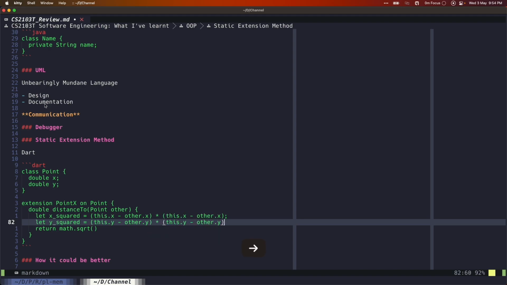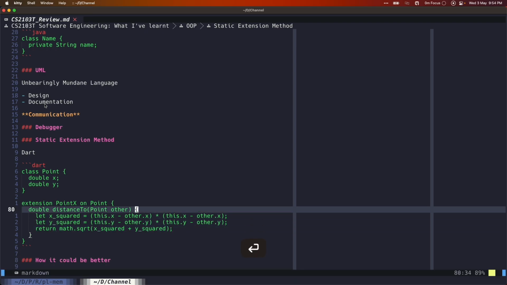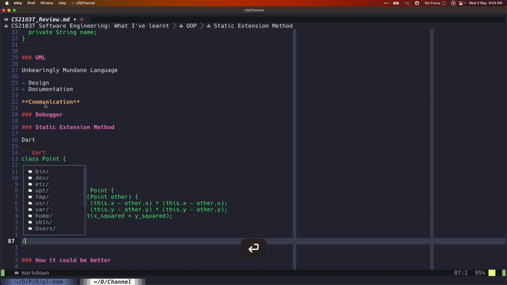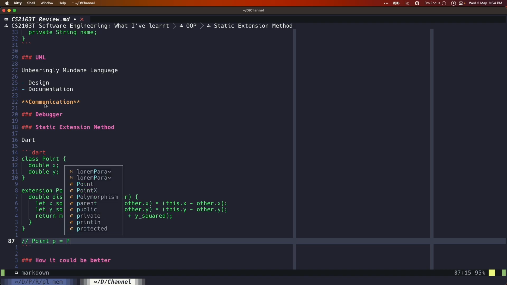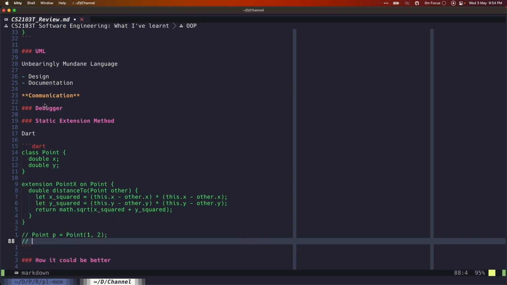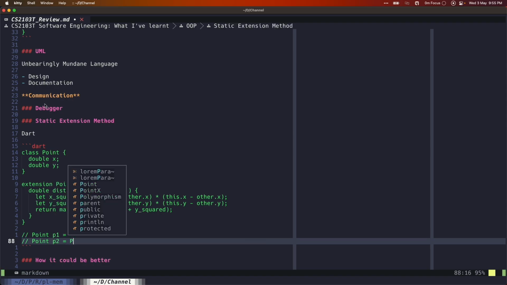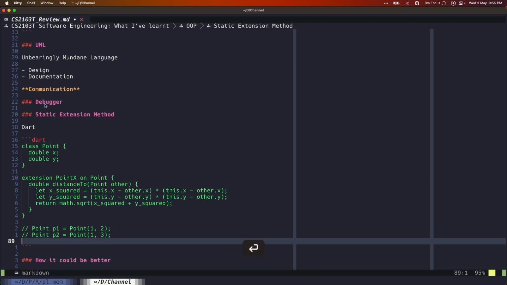You get the point, but I just feel like typing everything out. So basically x squared plus y squared. Hopefully I didn't get this wrong, but whatever. Basically, you have this, and what you do is that in code you can just say point p equals point. Let's just assume, because I didn't write the constructor, two, right? And point p. Let's call this p1, and p2 equals point 13. I'm not going to calculate the trigonometry. Okay, and then what you can do is simply call p1 dot distance to p2,